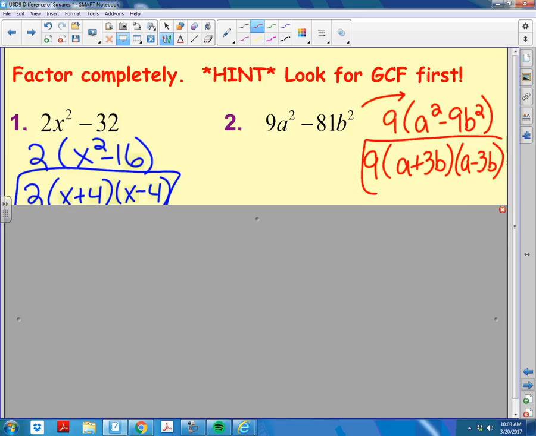Now Madison was going, yeah, but why would you do that? Because they were already perfect squares, right? Agreed? These are still already perfect squares. So if we do just that, what do we get when we do perfect squares here? 3a